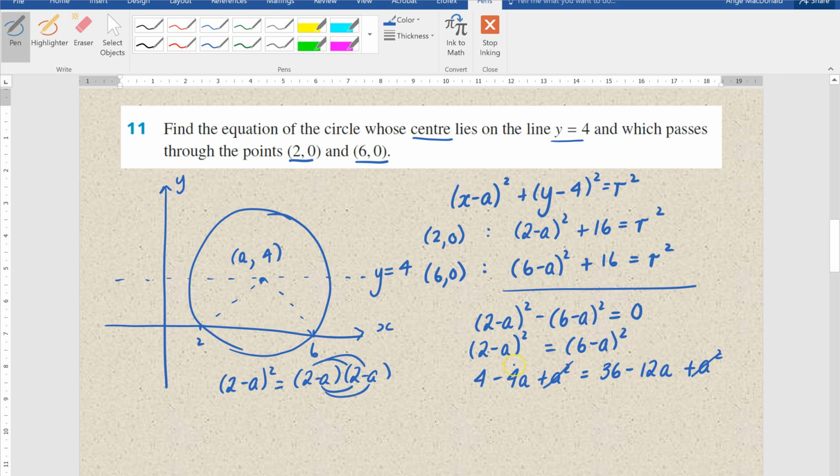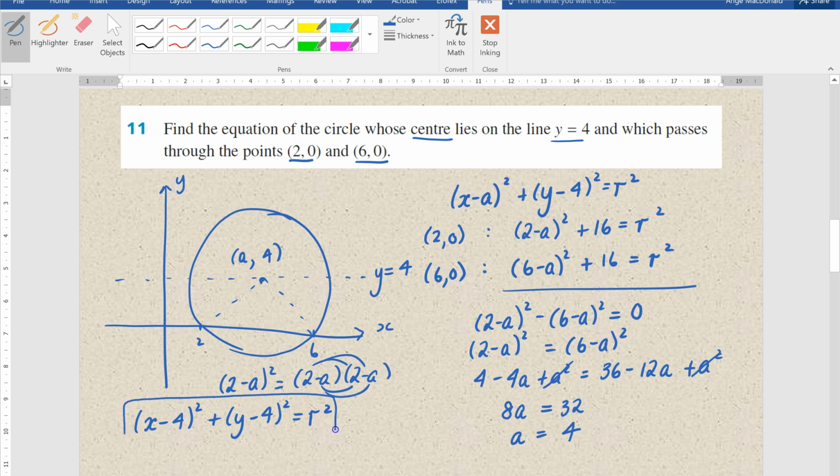Let's now get our a's on one side. Minus 4 plus 12 is 8a. 36 take 4 is 32, and therefore a is 4. So I can put that back into our equation up here. I end up with x take 4 squared plus y minus 4 squared equals r squared, and hopefully by now